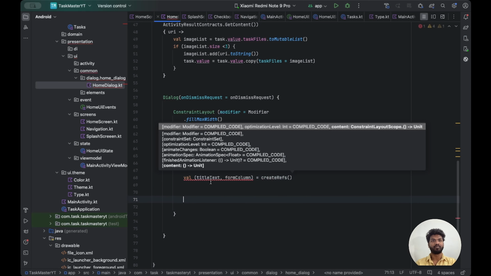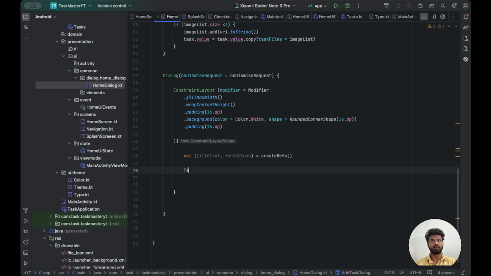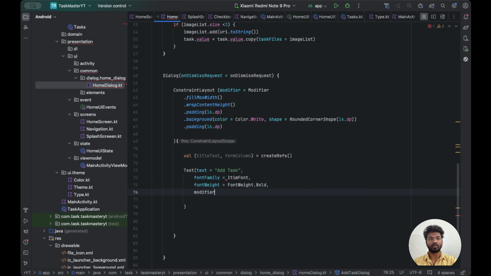Create refs, text, add task is the text, font family, item font, font weight bold, modifier dot max width, okay,